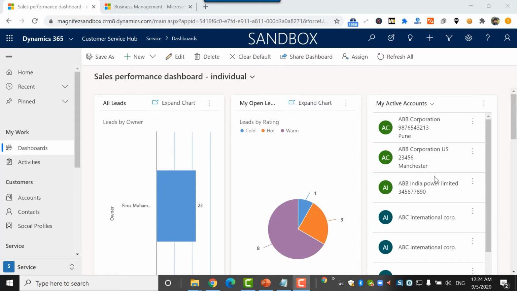It is the system admin who will do this. Anyone with the privilege of a system admin can create or manage security roles and assign them to a set of users. Without access to any security role, a user will not be able to perform any operation in the system. So right after you create a user in the system, you need to assign them a set of security roles. That's what we understand so far. How we can manage the security role and how we can perform different operations on it is what we are going to see in this particular video.